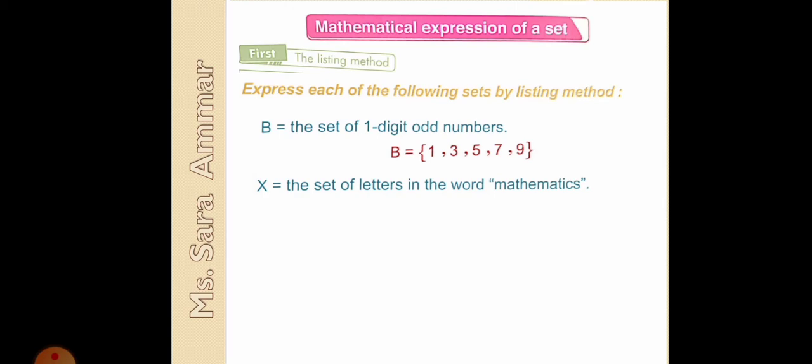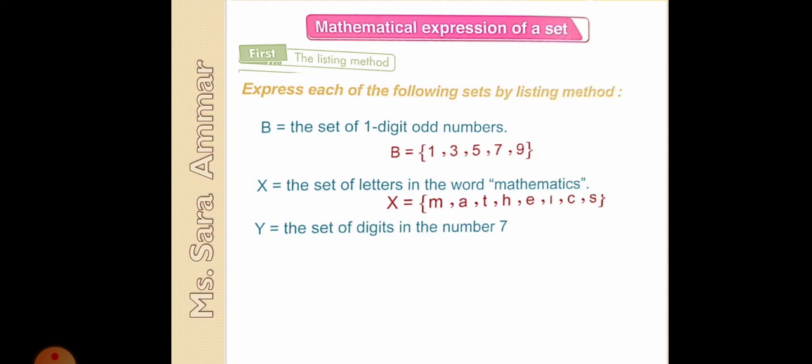Another example, I have here a set X, the set of letters of the word mathematics. So first we start with the name of the set, which is X. That's right. You must write it capital. And then you put equal sign and the braces. Then let's write the letters of the word mathematics without repetition. So as you can see, X equals M, then A, T, H, E, I, C, and S. As you can see, I didn't repeat the M, I didn't repeat the A, and I didn't repeat the T. We cannot repeat, okay? And the order is not important. You can write them in any order you want.